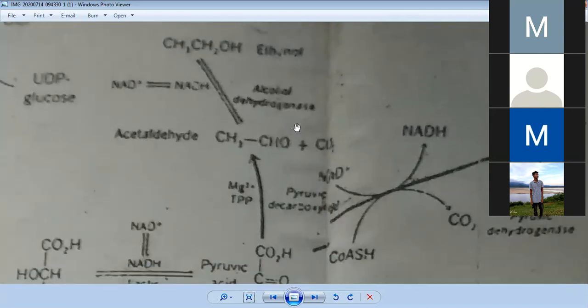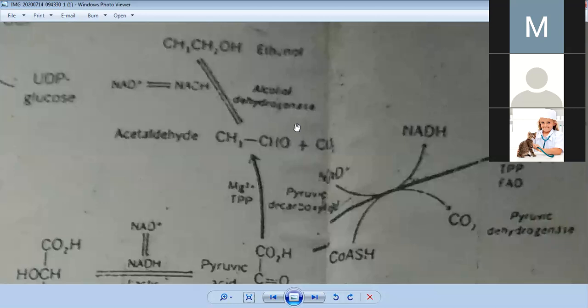And the way they produce ethanol from glucose is known as fermentation. If I ask you what is fermentation, you can answer that fermentation is one kind of anaerobic glycolysis where ethanol is produced from glucose. So when we produce lactic acid, that is not fermentation. When you produce ethanol, that process is known as fermentation. Now look,